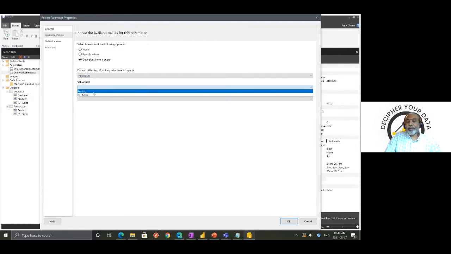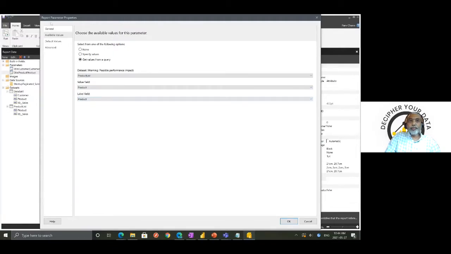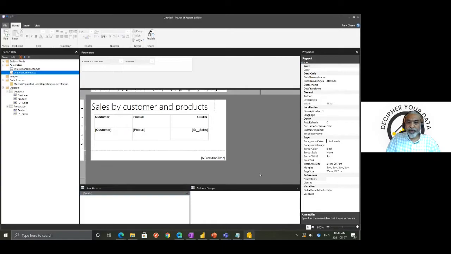What value field I'm interested only to show the product, and the label field is also product. So basically what that means is this particular parameter is going to use the value from the product list which I created, and I can control that list. Like I want to show only the top 10 products, so I want to filter products which start with name A, or whatever I want to do with my list of products I want to show. So if I say OK now,